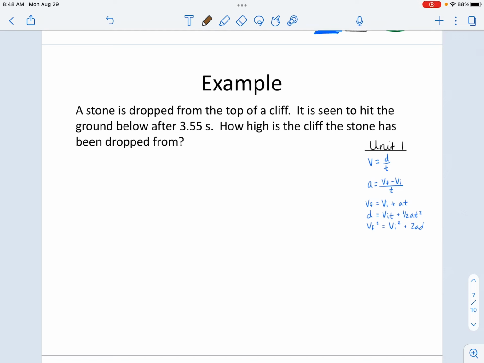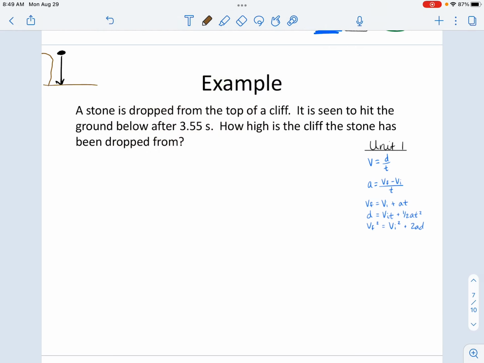So the first thing we want to do is identify what our circumstance is, what variables we are given, what information we know should be used in our calculation. As our questions get more complex, as our objects begin to do more things than just simply fall straight down to the ground, you may find that some sort of illustration or visualizing this as a real life incident will be helpful. So for today, I'm going to just give us a little cliff over here, and we're going to have our stone, and our stone is going to start someplace above the ground where that cliff is. And it says that the stone is going to drop, and it's going to fall straight